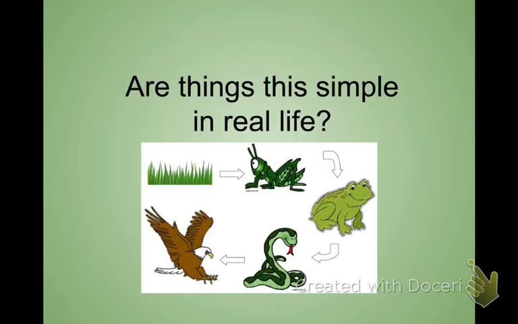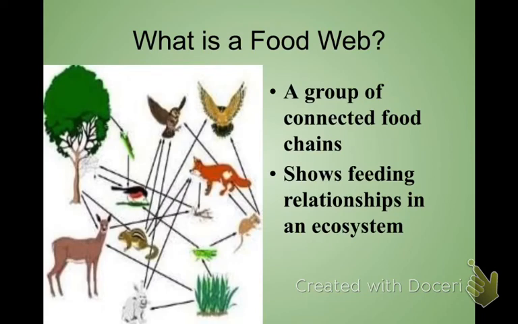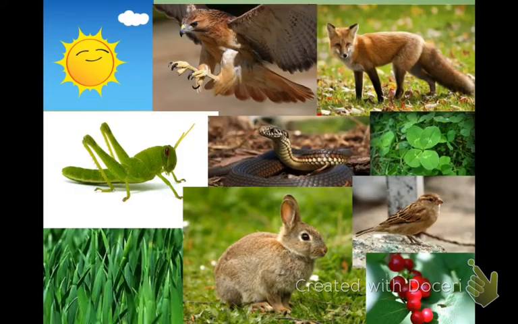But things are not always this simple. There's a lot more energy transfer. It doesn't just show one chain of energy flows. So a food chain is a single flow of energy. A food web is a bunch of interconnected food chains. So if you see a bunch of arrows showing all the different food chains and how they're connected, that's what we consider a food web. But again, food webs are showing the transfer of energy within that ecosystem.